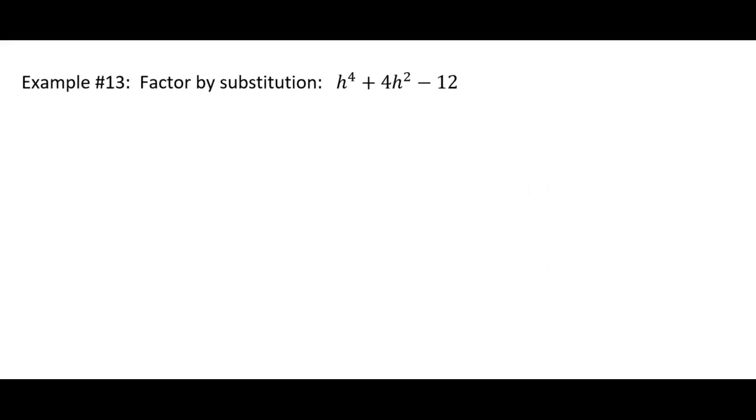Okay, so it says factor by substitution. So instead of writing h to the 4th, I'm going to write h squared squared. Now that might seem a little weird, but it's right. 2 times 2 is 4, and that's how exponents work. So I can write that, plus 4h squared minus 12. Now you might say, well, how do you know to write h squared squared? Look at the middle term here. That's going to be our u. So it goes by the middle term. If your u substitution is going to work, then you have to be able to replace this with u.